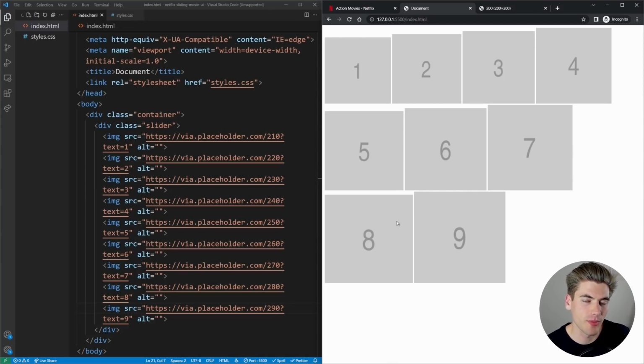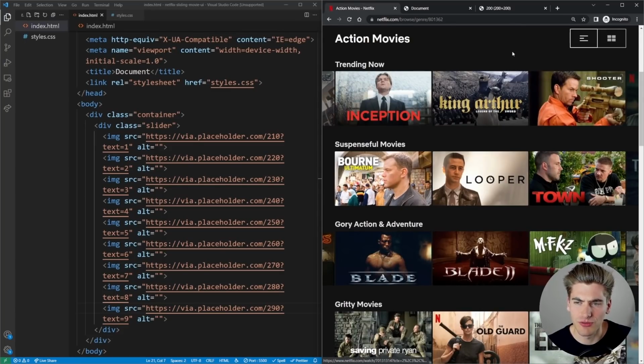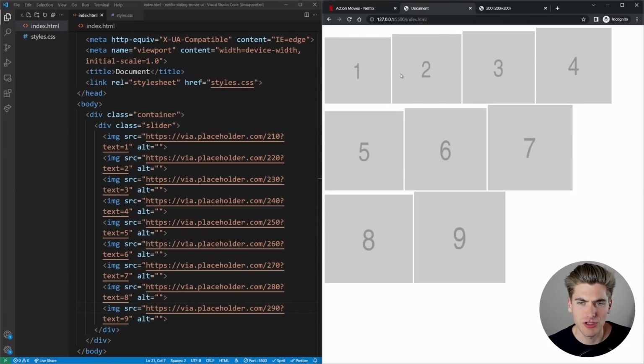One, I want to make sure that no matter what size image I'm using, it's going to scale properly for the video format. Because on Netflix, these different placeholder images could be different sizes. So I want to make sure they're all going to work no matter what size they are. Also, I just want to make sure that it's going to work with multiple images. That's why we have 9. That's more than enough to fill our entire screen.